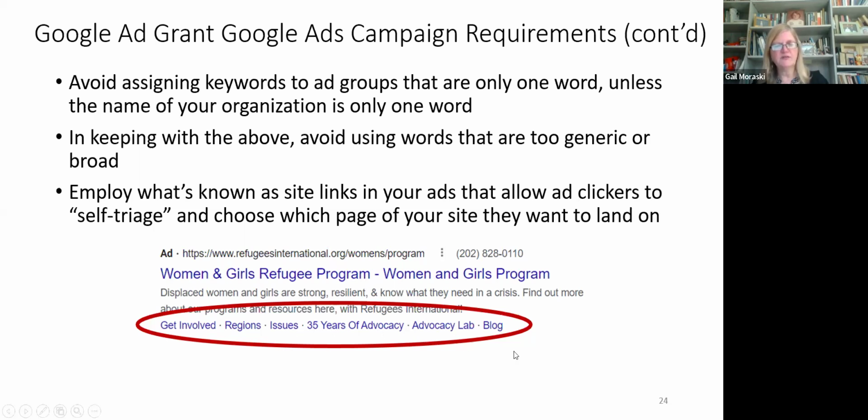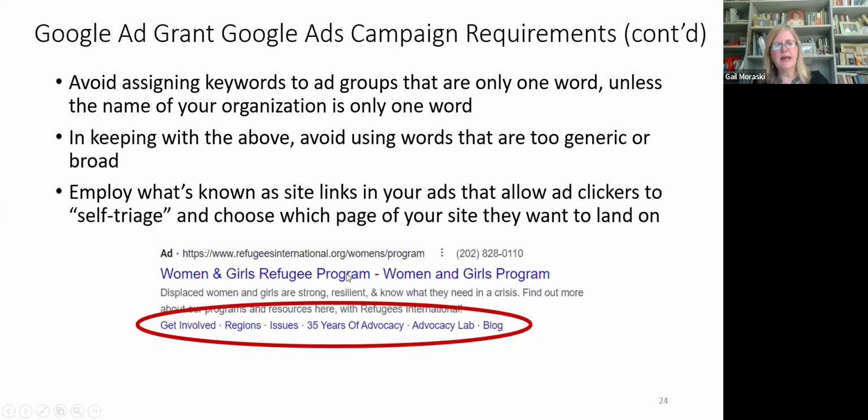It allows people to self-triage so that they can click on one of these site links at the bottom of your ad and visit a different page of your site. So any of your site links have to go to another page of your site that the main ad body copy doesn't go to.